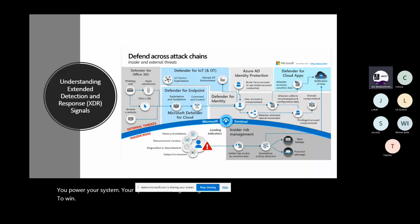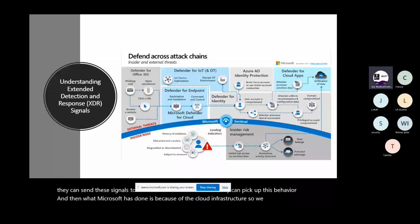You power on your system, it is sending out signals to where? The sensors on your Windows 10, Windows 11, or Windows servers already exist, and they help you begin to send out these signals. When you configure them right, they can send these signals to the Defender 365 services, and it can pick up this behavior. Then, because of the cloud infrastructure, we have the Azure virtual machines, and Microsoft has placed Microsoft Sentinel, where all these entities can feed in,